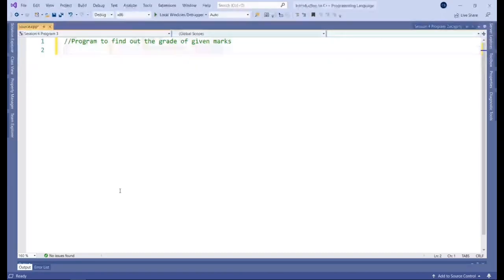Okay. So the scenario that I'm going to give you is we have a user that enters a given mark. So let's say a mark for a school assignment, anything of the sort. And the program is going to output a grade for that given mark based on a grading criteria.